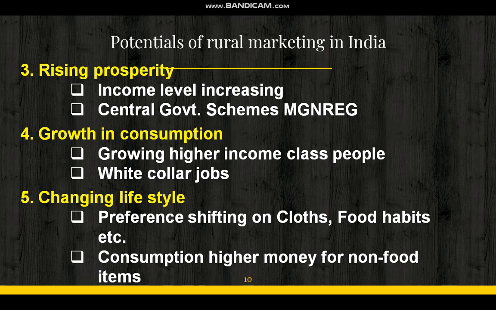And the next point is changing lifestyle. There has been a significant change in the lifestyle of the rural people over the last few decades. Preferences have shifted to blended fabrics, ready-made garments, etc. Refrigerators and washing machines are a common thing in rural life. Rural people have started consuming packaged and processed goods also, like lace products and other packaged goods. And recent studies reveal that expenditure on food items has declined in the rural area, while that on non-food items has increased in the rural area.